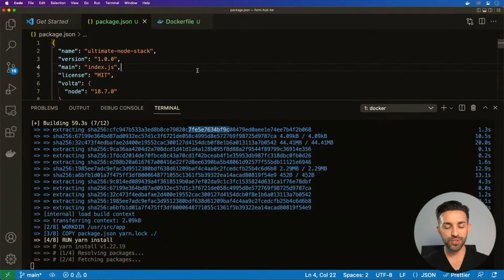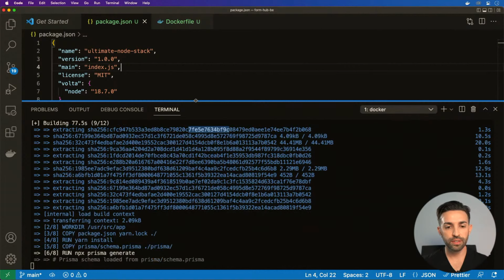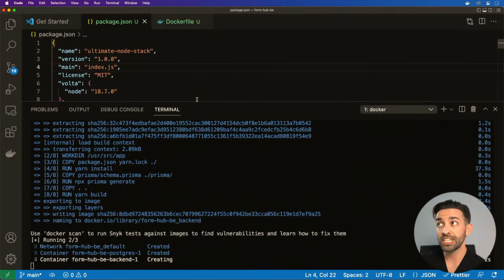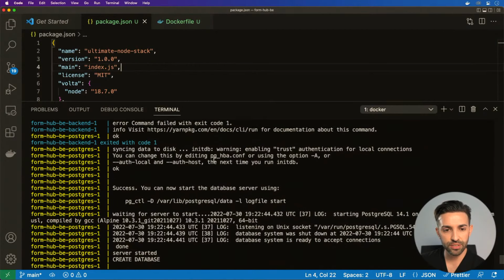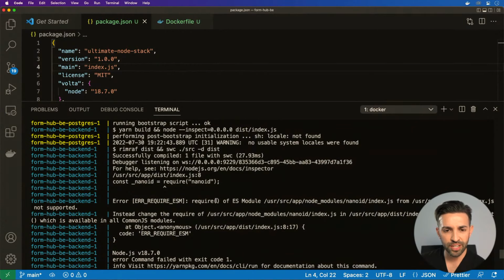If all of that works and I can boot up the system, load up the page, then we will be good to go. Installing. Okay, here we go. Great, this looks good. Okay,